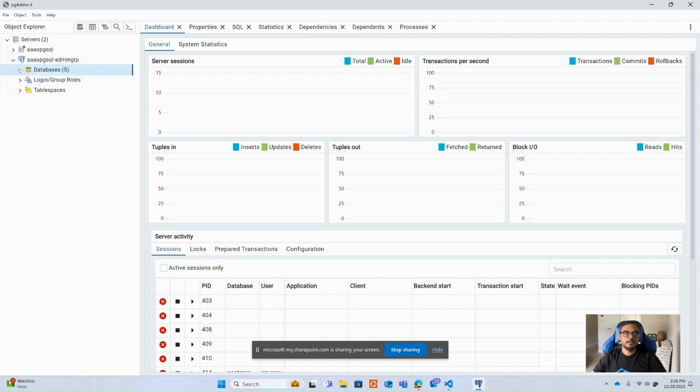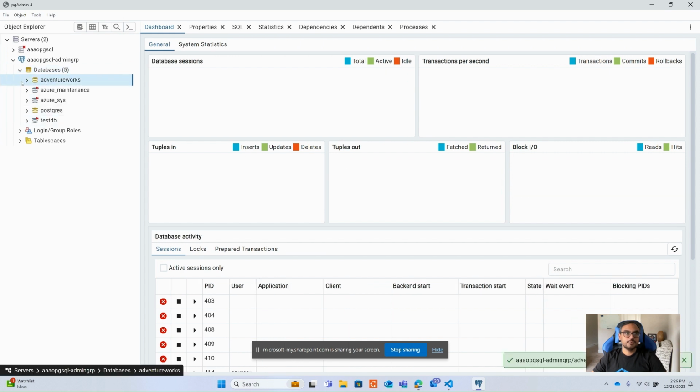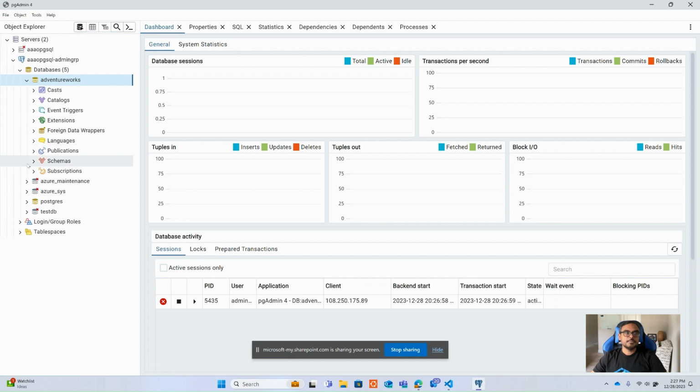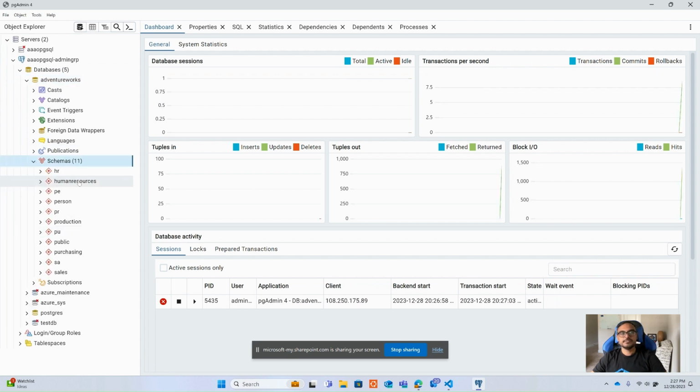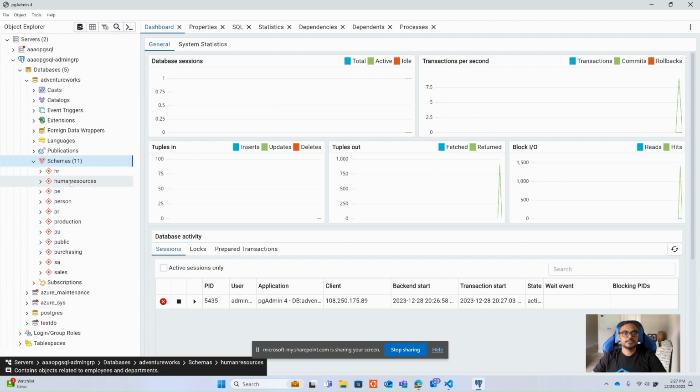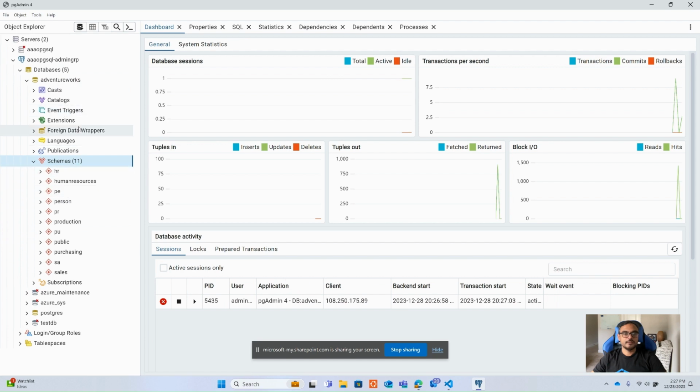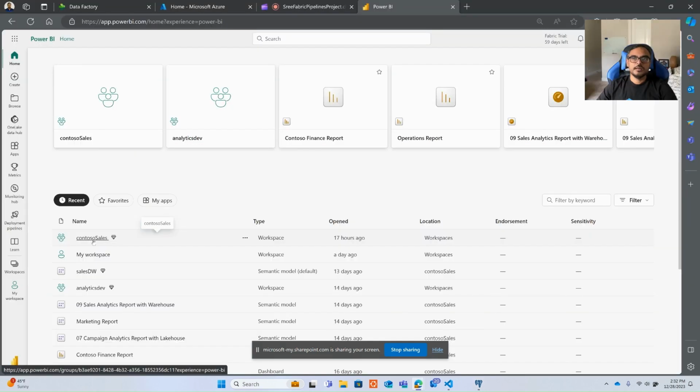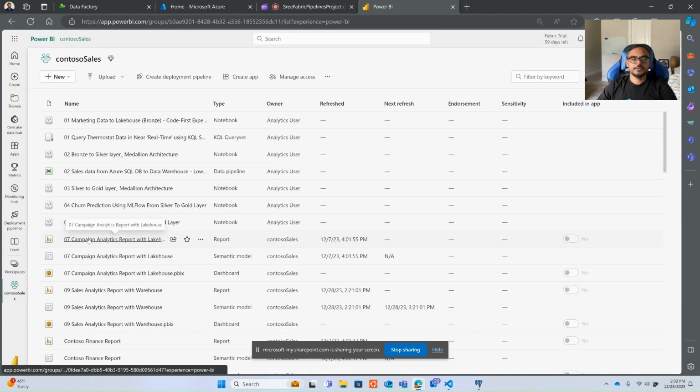From there, press OK, and you connect to the Azure PostgreSQL server. Azure PostgreSQL server contains a database called AdventureWorks. There are multiple schemas within AdventureWorks, and the user can choose one schema or many schemas that they want the tables from. As part of Contoso sales organization, we are planning to do data engineering to move the source tables from Postgres into Contoso Sales